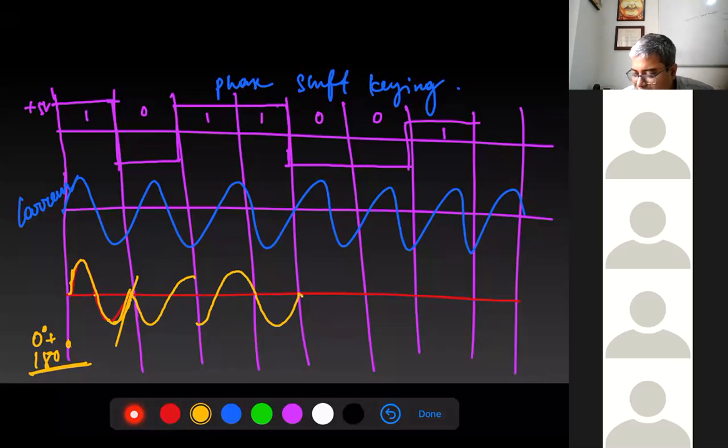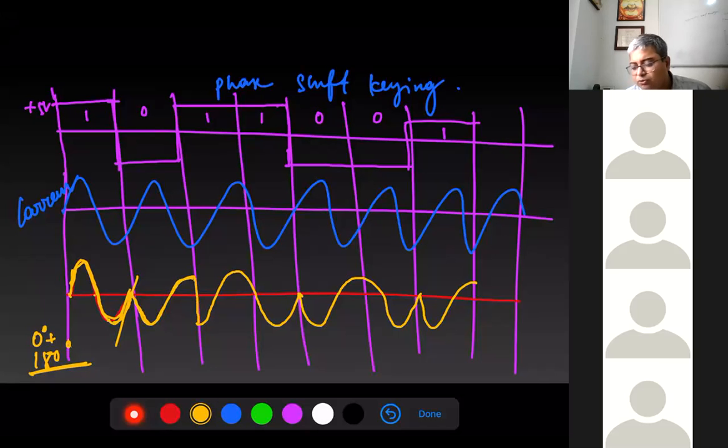The mirror symmetry of this will be like this. So, gist, cutting long story short: if 1 is coming, I will take the actual signal. If 0 is coming, I will take the 180 degree out of phase of the signal. Whatever value comes, that is what we will represent. To draw it, you have to draw the mirror symmetry of that actual signal. That will give you the